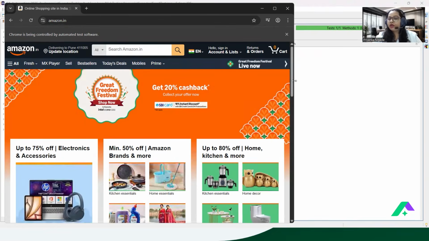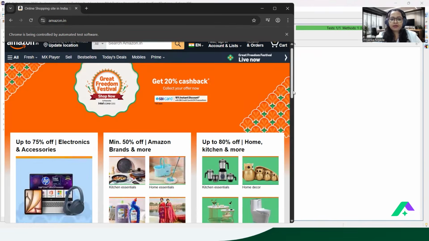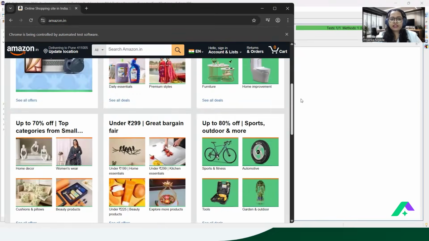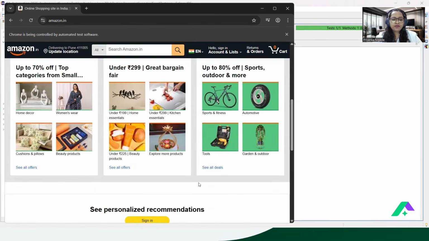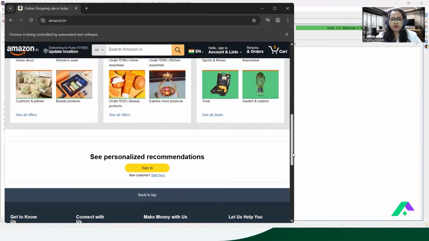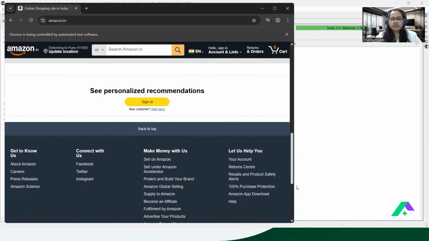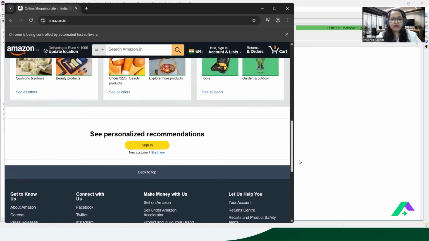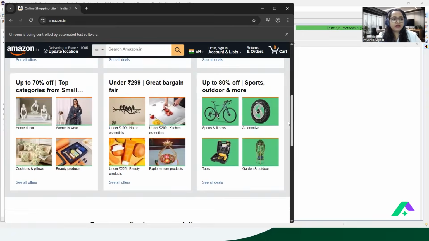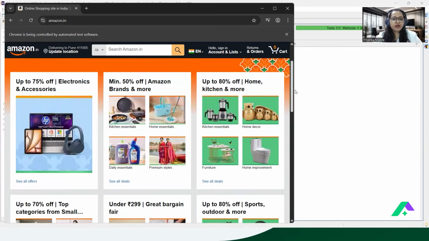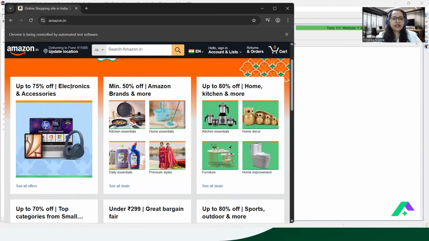Okay, what if I wanted to scroll somewhere in the middle, maybe up to some element, right? For example, suppose this is the application we are able to see. But I would like to scroll up to this sign in. So sign in is almost completing here, so you might be able to see it like this. Suppose sign in is on the bottom side only, correct? Now how exactly are you able to scroll up to the element, or you can take any other element. Suppose this one. I would like to scroll up to this electronics and accessories. How are you able to scroll up to this?